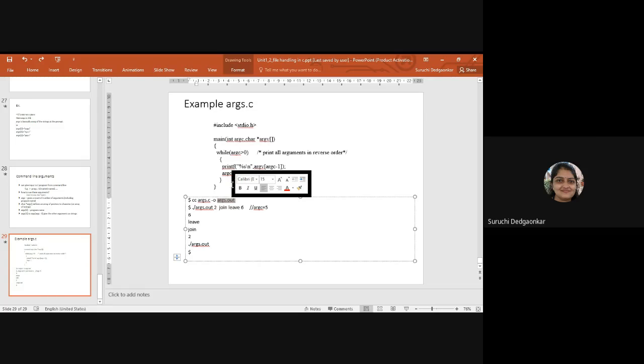But if I want my own name of the output file, we can use this -o option. Okay, in which we can give our own file name for that output file. Okay, so this is my program name args.c, and I am giving name to the output file which is args.out, and I am executing that args.out.